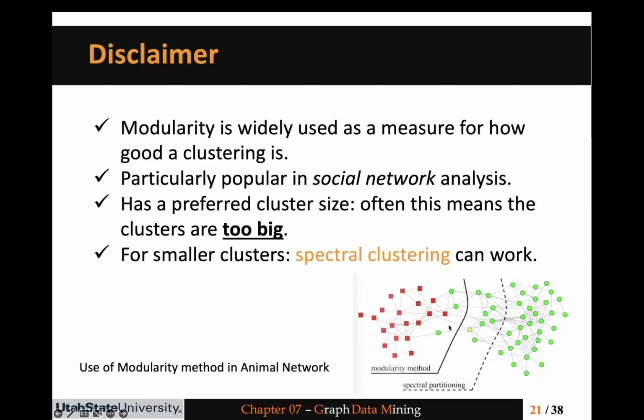You could see that the modularity method, which is the Louvain method in this case, had a better cut than the spectral partition or spectral clustering, which we're going to discuss next, because spectral clustering is good at finding communities for small scale graphs. So that's the pro or the advantage of the Louvain method, and it's usually not as good as spectral clustering for small